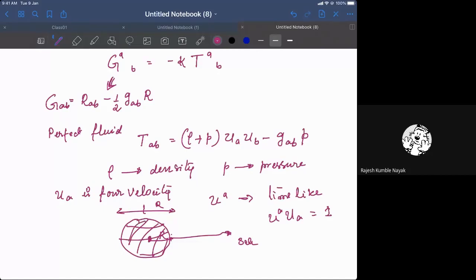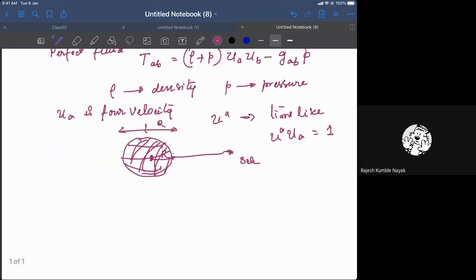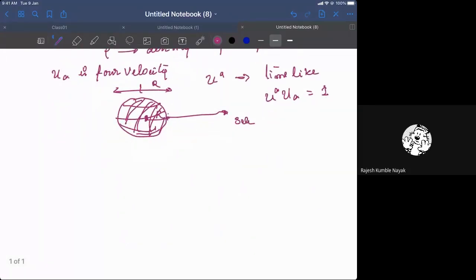Interior is what we are now looking at. It is a static star with the perfect fluid solution. It is possible to solve and match them. On the other hand, in the rotating case, it is not possible to match with the Kerr metric, or at least so far it has not been possible to do that.